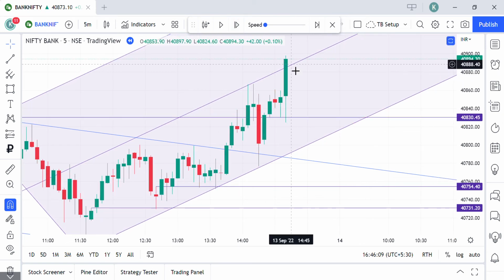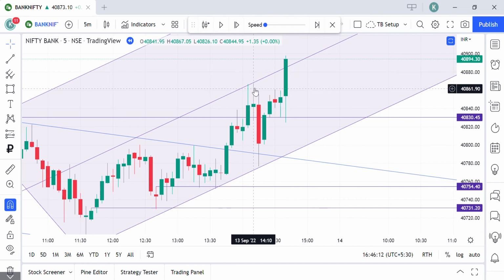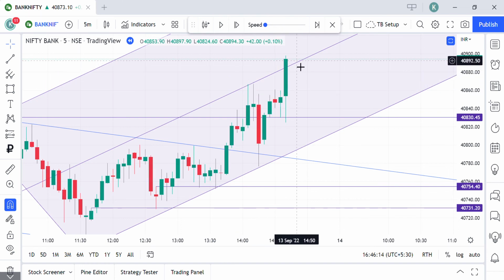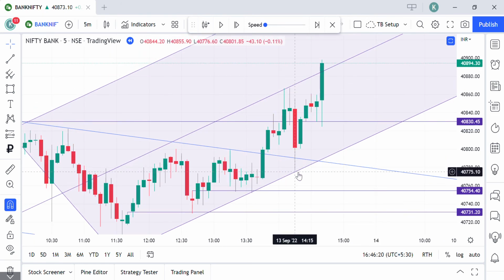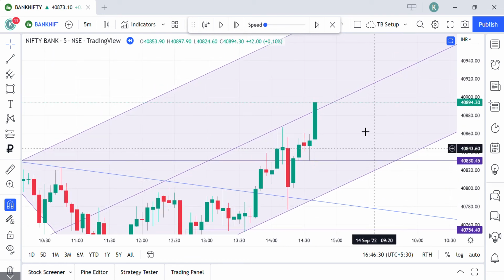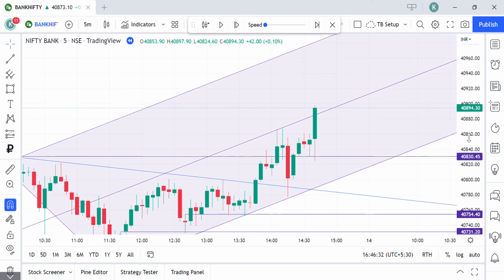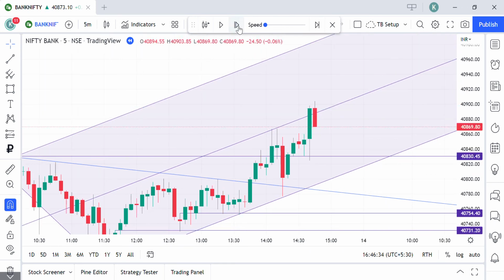Price again touched this level, but this time it drifted away and closed above this level. Even if we enter a long call here, it is not a good opportunity, because if we have to enter, we have to enter at the touch of this low or at the close of this candle, but not here. Because if you are entering here in a long call, you are risking this much, without knowing how much momentum you are going to gain. So we just wait and watch and then see how price behaves.